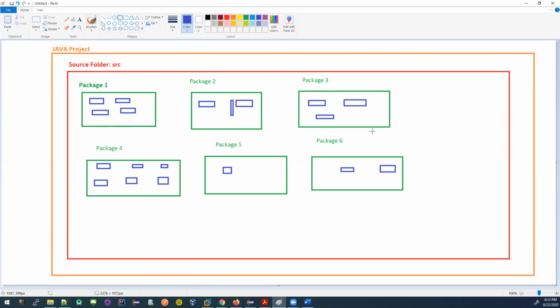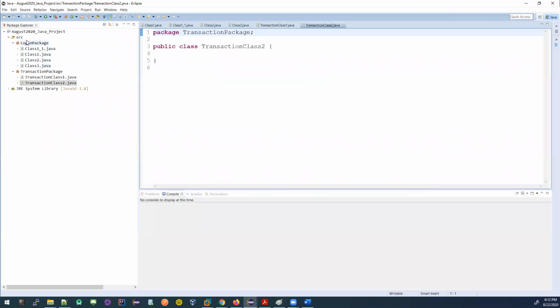I don't have to change any code in any other package. I don't even have to look into them because they are not related to login functionality. Does that make sense? That's why we have a project, source, and different packages.